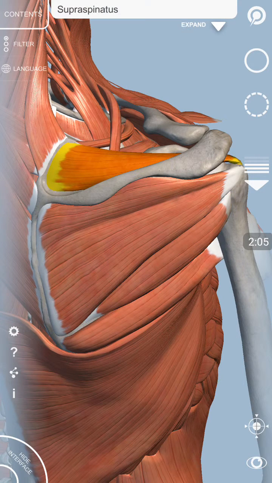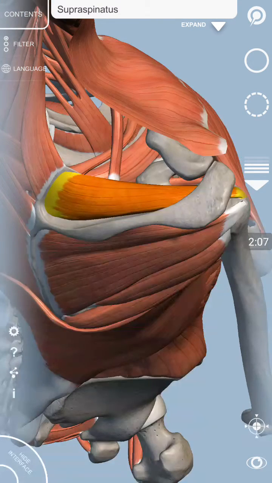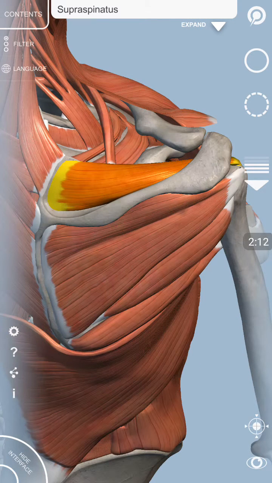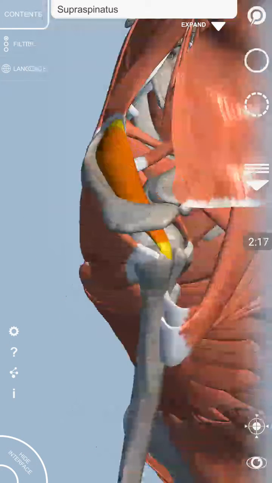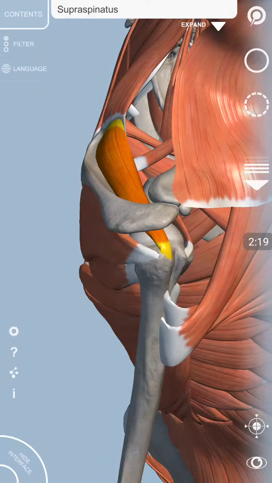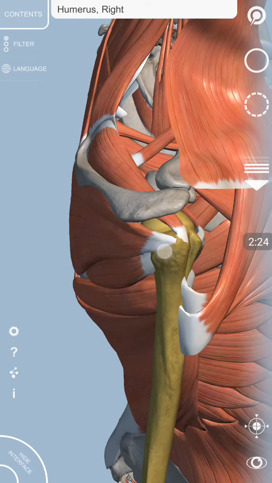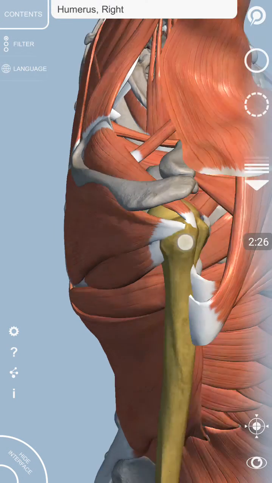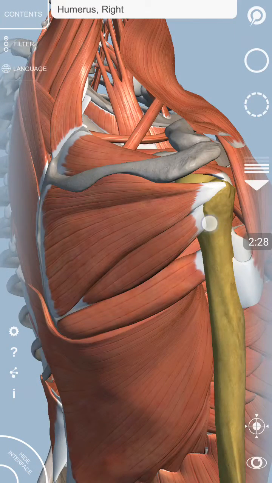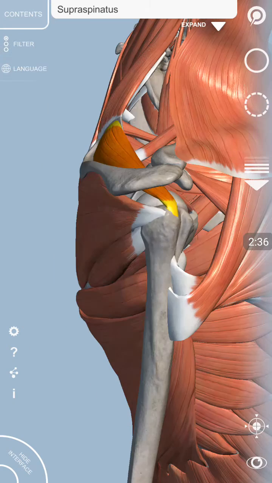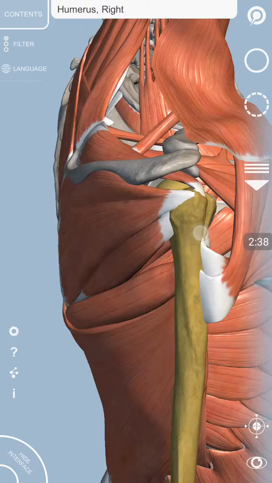For example, this is supraspinatus. Here we can see supraspinatus. This supraspinatus muscle is present in the supraspinous fossa. It is originating from the supraspinous fossa, and it is inserted onto the greater tubercle, superior most impression. On greater tubercle we have got three impressions: superior most, middle one, and the inferior most. So supraspinatus is originating from the supraspinous fossa and attached onto the superior most impression,